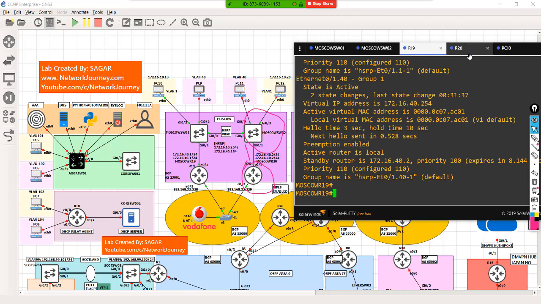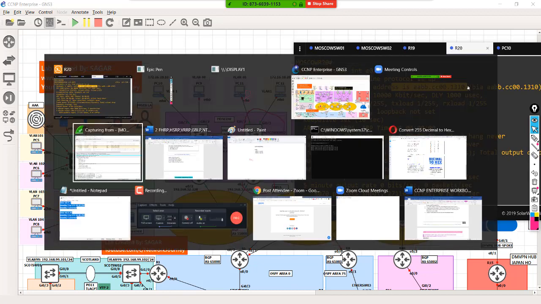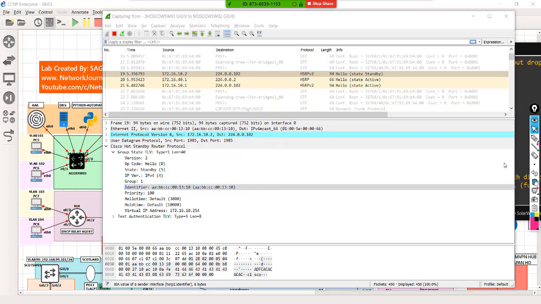This is the MAC address of R20. Okay, and that MAC address is now associated with your HSRP v2 traffic, and that's how the troubleshooting becomes easier for someone on version 2, because you have this additional field. In the case of version 1, you don't have this. You have to do some extra steps to find out the culprit, but in the case of version 2, it was pretty simple.